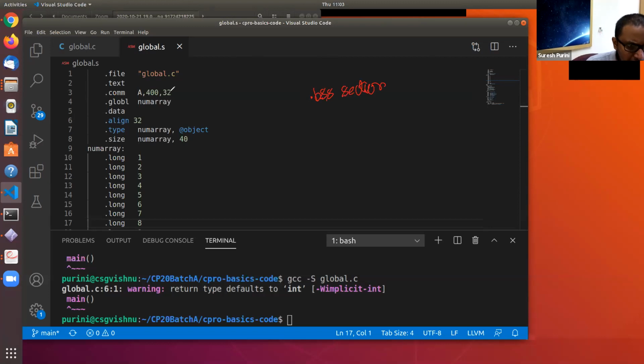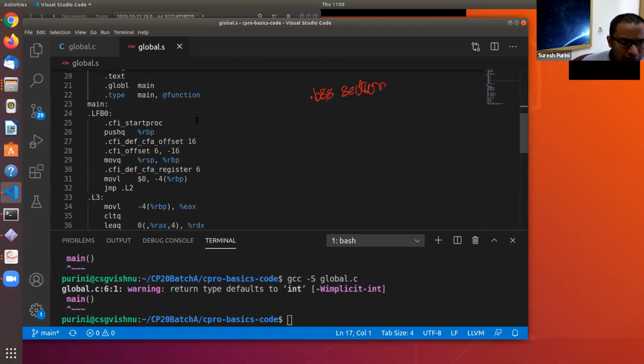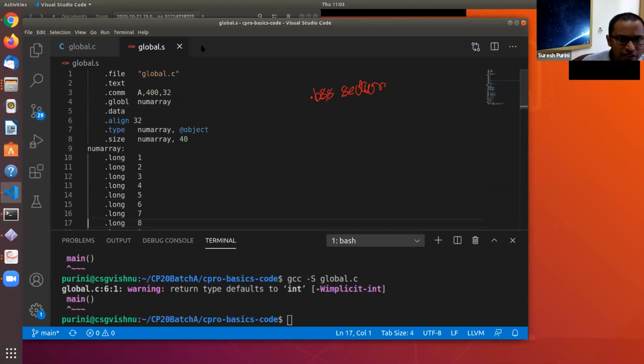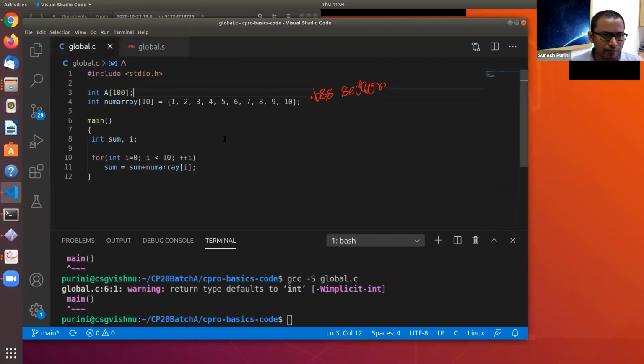We are not seeing this .bss section explicitly in this program, but I am guessing that when we do an objdump and take a look at the code, we will see that .bss section. So let's go back here again. Sum and i are local variables. They are not allocated memory in the global data section.